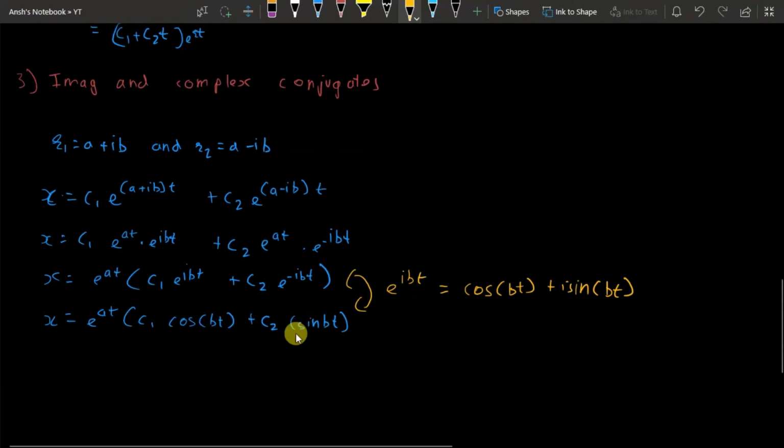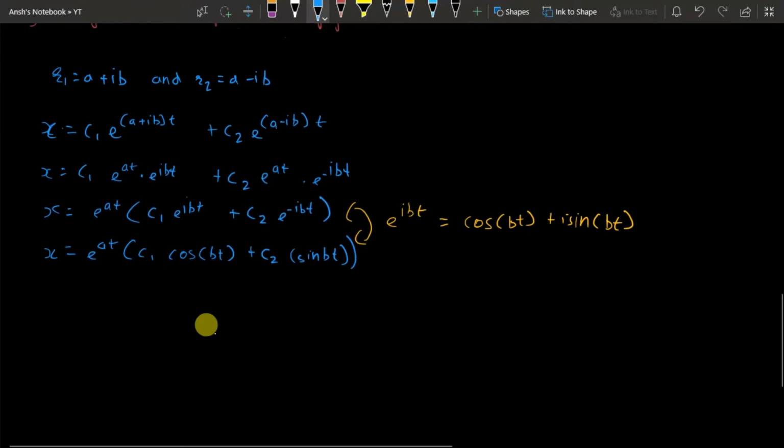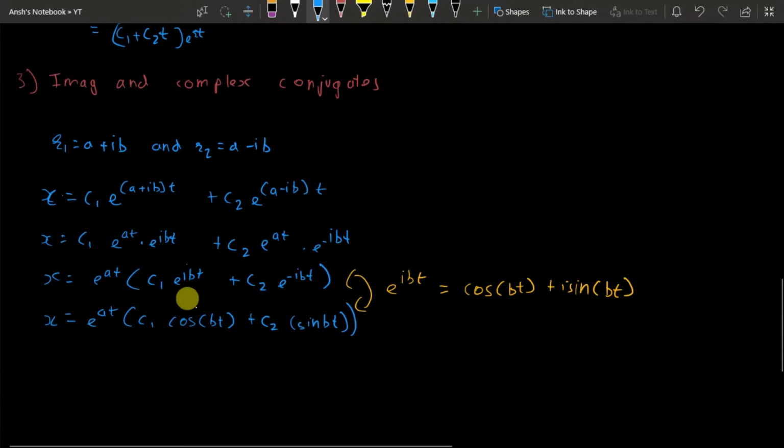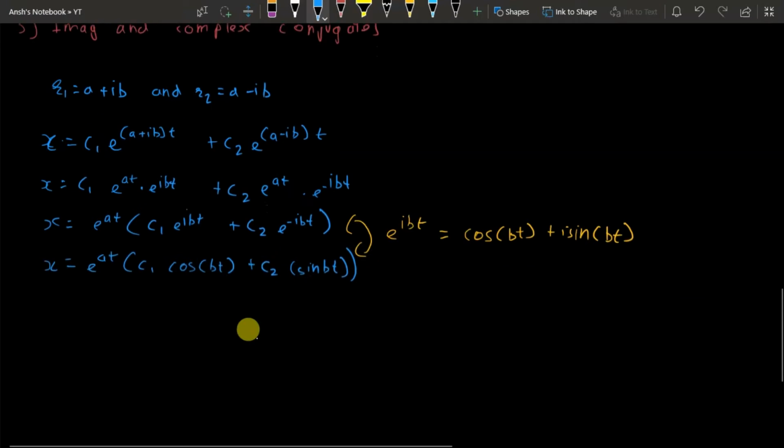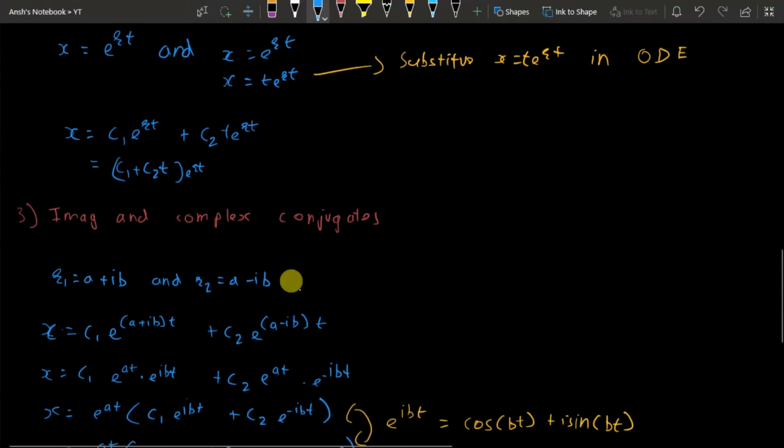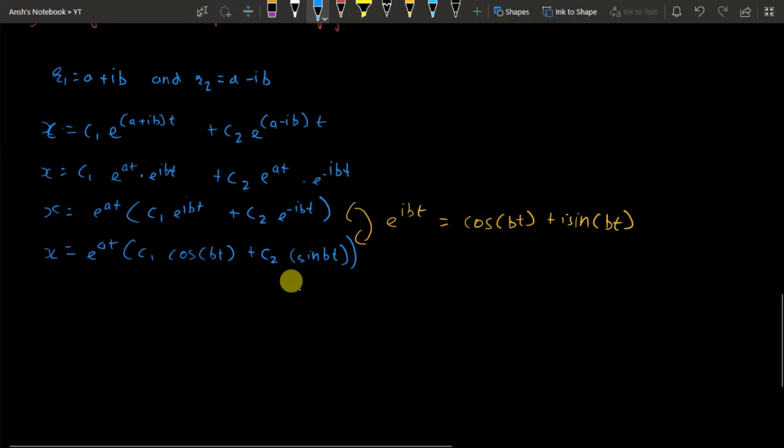And this final equation is the general form of the solution if the roots are imaginary and complex. We usually need not concern ourselves with the exponential equation, because trigonometric equations are much more convenient and easy to visualize, and that is why we want to make this substitution. So now that we know the general form of each of the three cases, let us do a couple of examples.